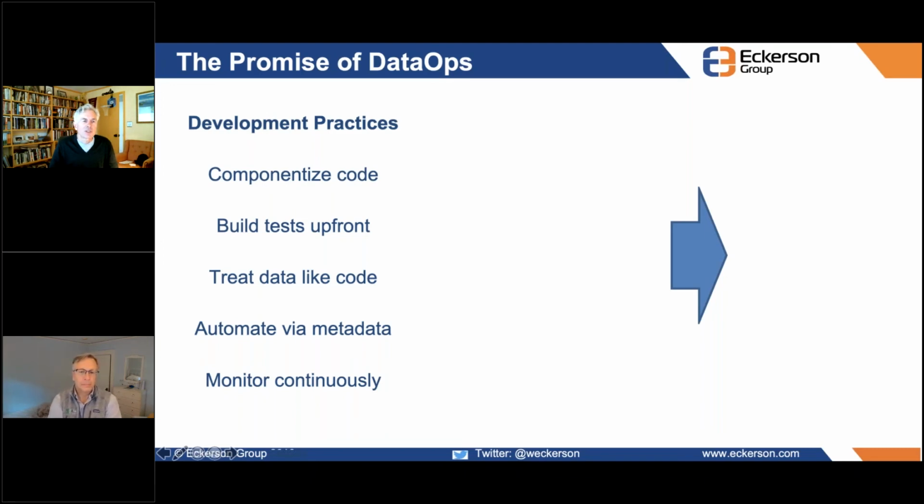And also, we want to treat data like code. And just as in the software engineering world, we want to put that code in a repository. We want to do the same with data, and we want to lock it down so that when we run the pipeline, we can be very assured that the data is going to be accurate and it's going to flow properly